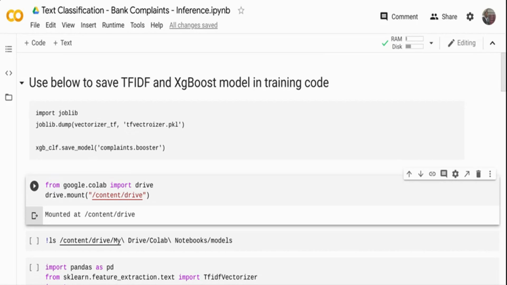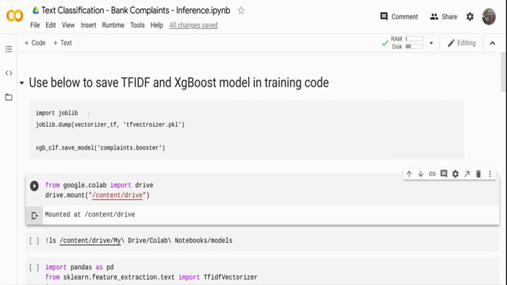In case you have not seen the video, you can click the link on the top and watch it, or you can see the video description and comments and watch that video. What I'm doing is I'm showing two steps which were not in that video. I am saving my TF-IDF model. The vectorizer TF was the TF-IDF model. I am using the joblib package, just using joblib.dump.